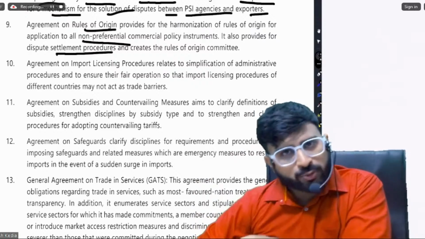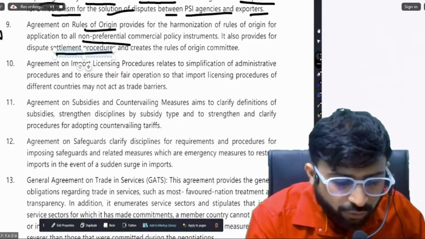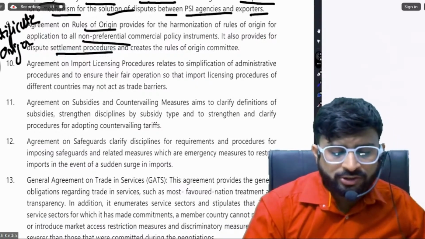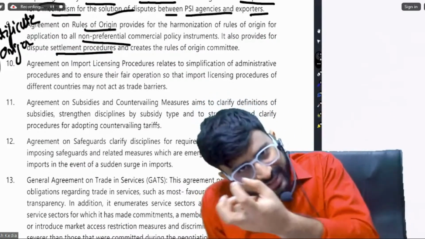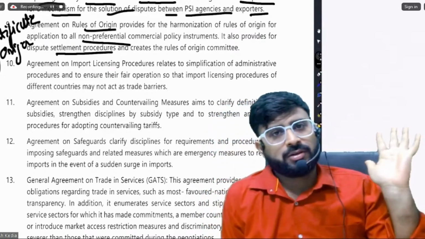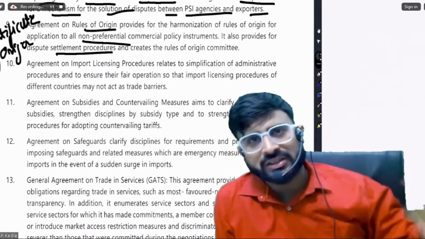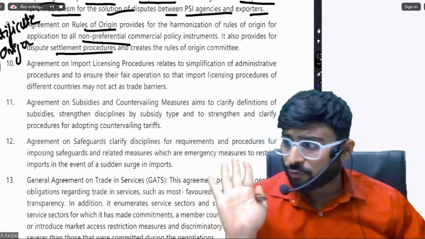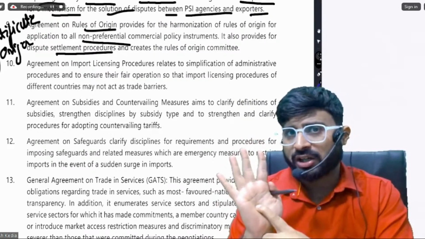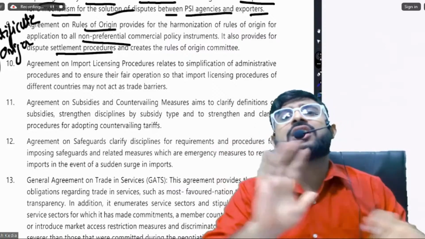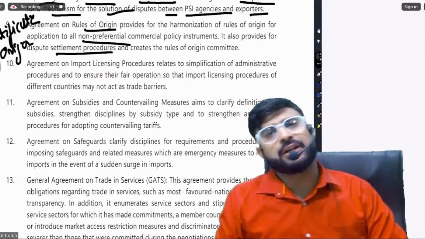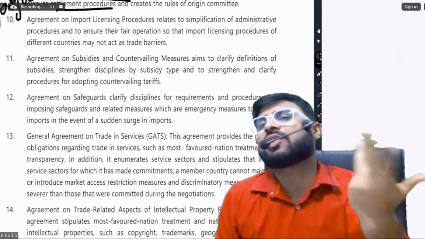Friends, you know, whenever import export is taking place, there is a certificate of origin that is to be issued. What is certificate of origin? Certificate of origin tells the importer in which country the exported goods have been made. Sometimes it happens that India will not take some goods from Pakistan. So certificate of origin requires that it is specified in the exporting country's or exporter's documents where these goods, the goods that the exporter is exporting, are made. That is this agreement. Because we do not trade with an enemy country.